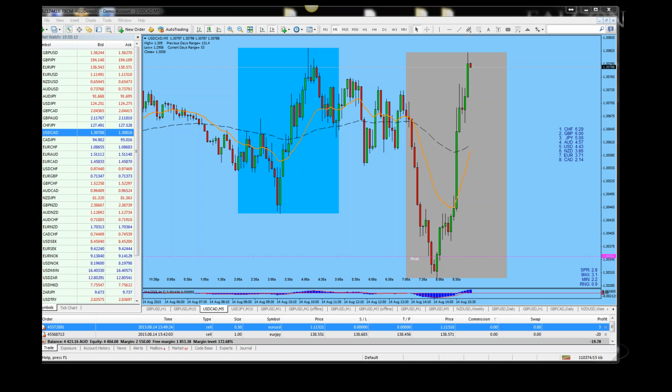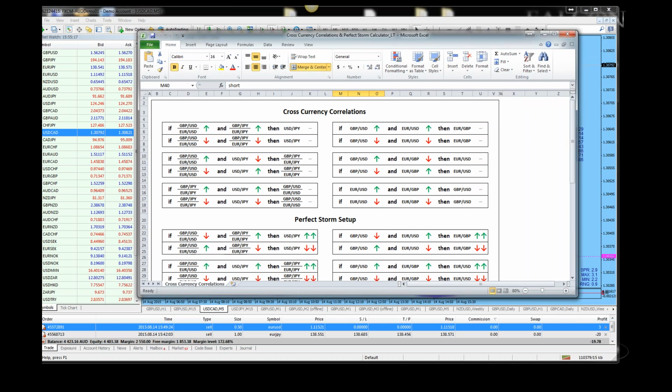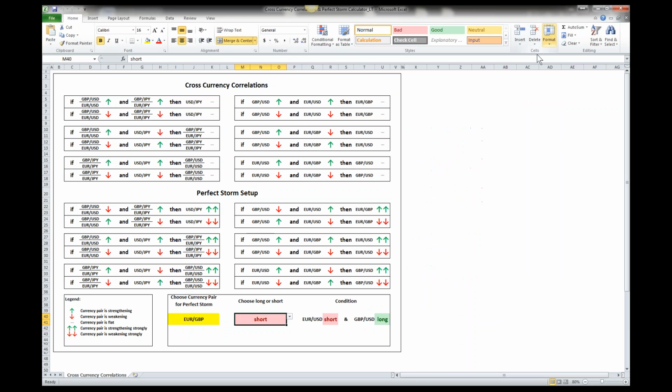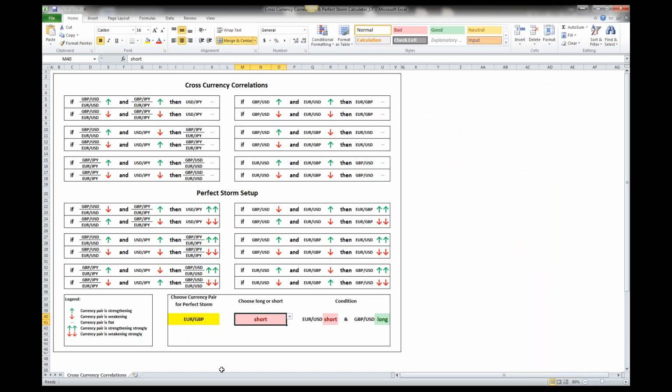Cross currency. Here it is. This is one of them. So, what happens here? These are the cross currency correlations. For instance, if I wanted to go, what are we in? A euro dollar short. So let's go that way. I want to go short euro dollar,